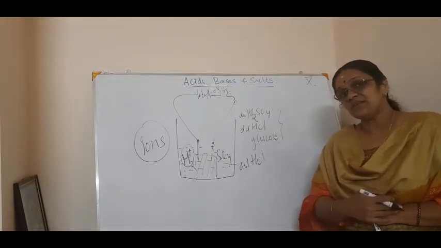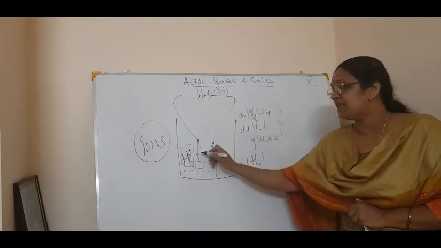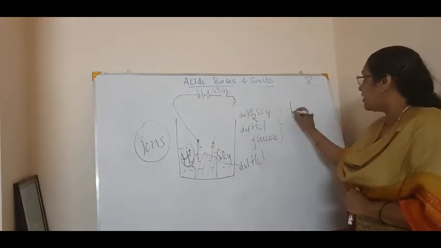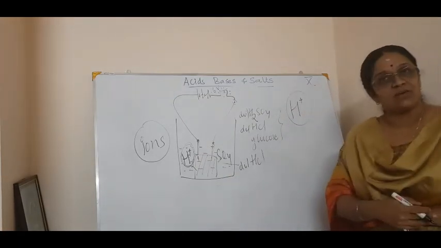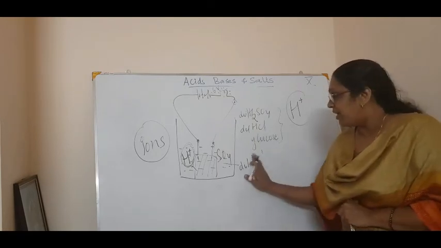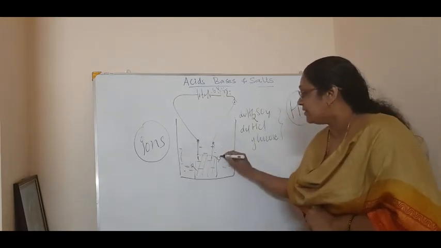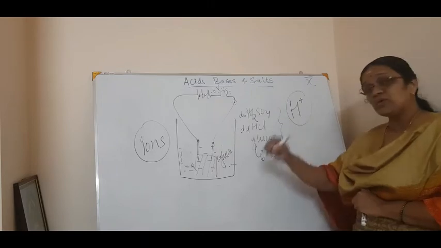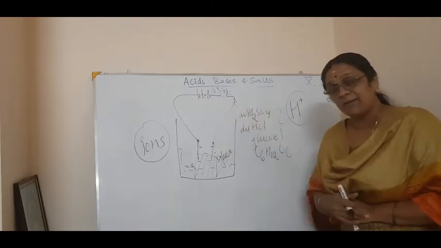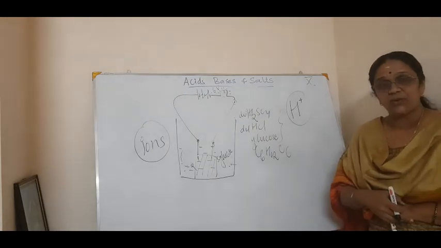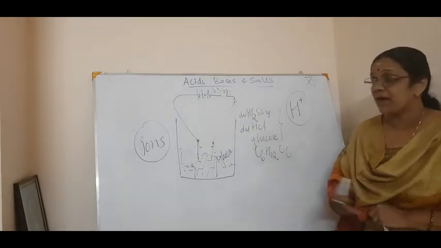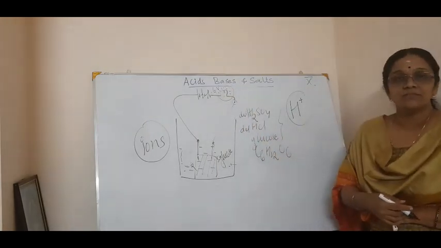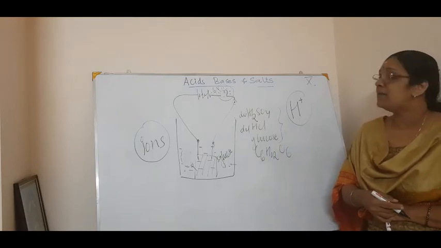Now what is the inference? In this case also the current is passing and ions are responsible for it, and what is the ion? H plus ions. So we are coming to that conclusion. What is it? H plus ions. But when you took glucose, that is C6H12O6, in this beaker, and you switch on the current, you close the switch, the circuit is closed, then what do you find? You found this bulb is not glowing.